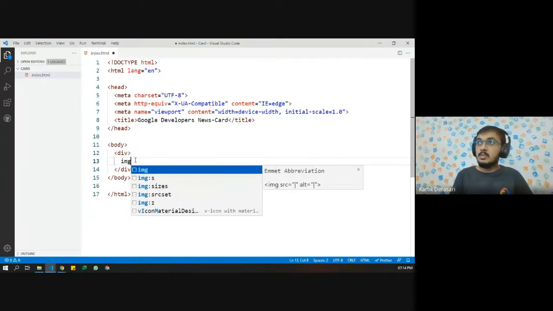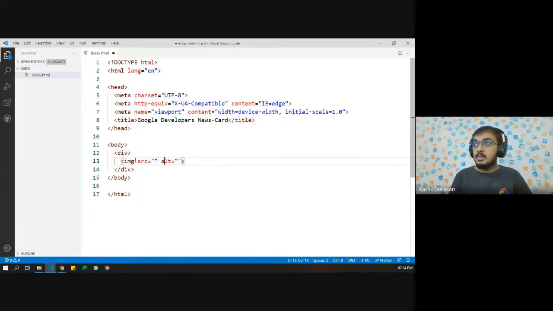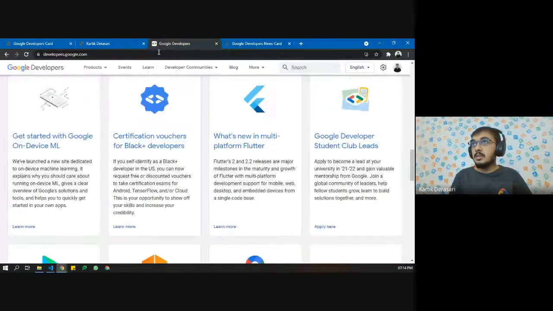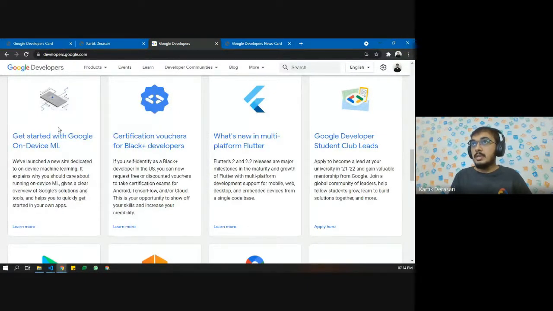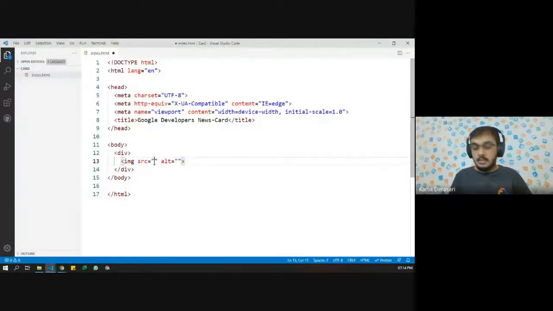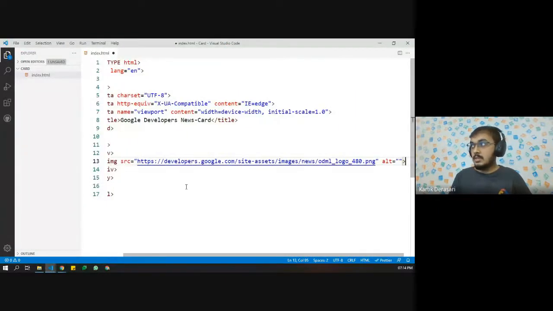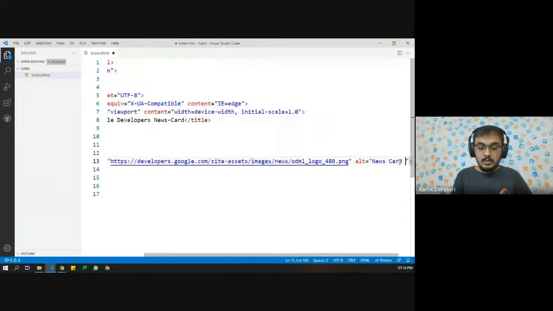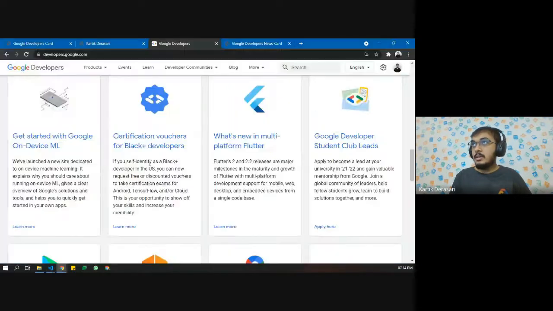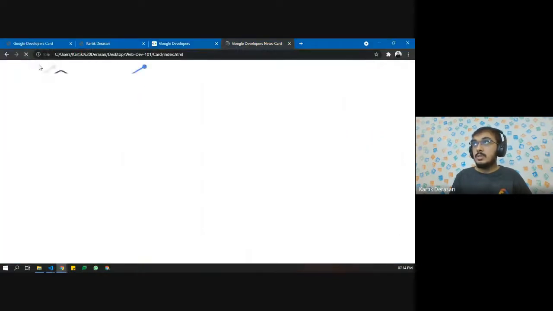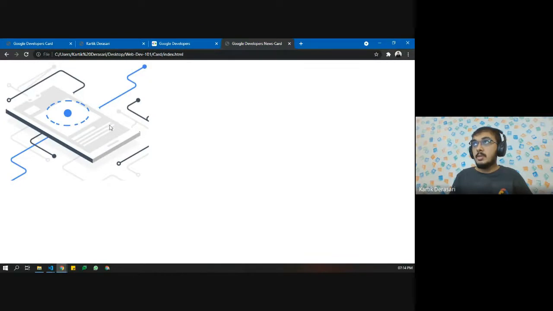Let us also add the image. Let us copy the image address and paste it here, and let us say this is the news card image. Let us save this and open our page, and we see the image is loading up.